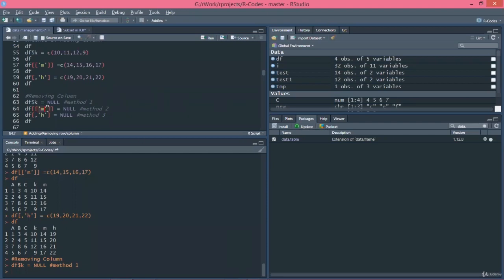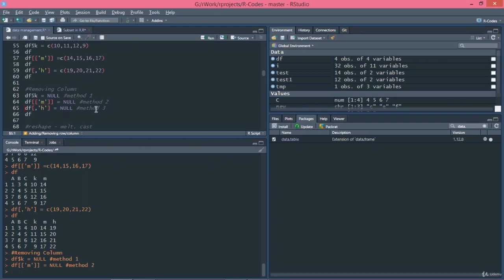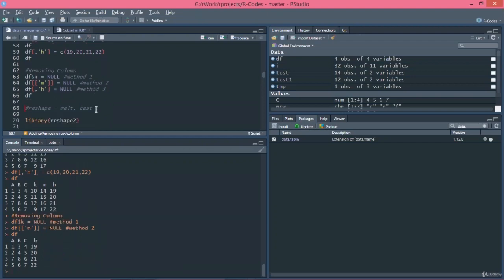I'm directly giving the name of the column to be deleted within double brackets, and I'm saying the value should be NULL, that is the column should be deleted. Let's execute this command also. And if you want to check the values of df, you can see the columns which we made NULL, that is k and m, have been deleted and only h is left.